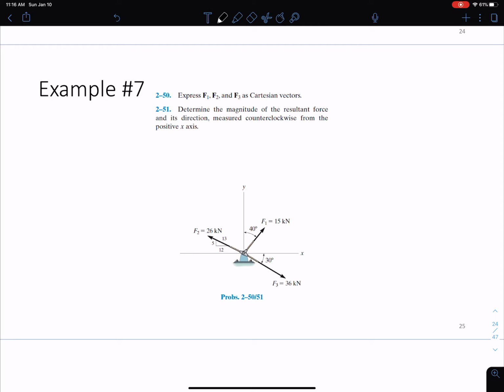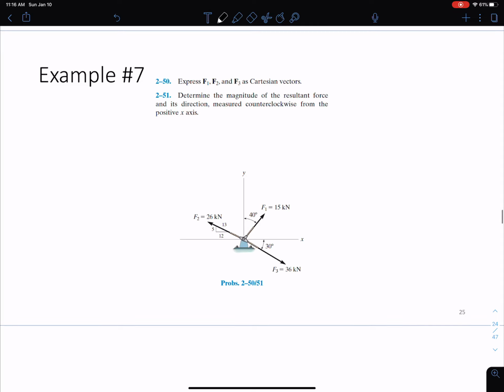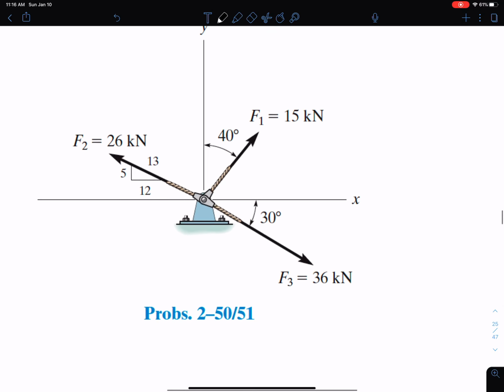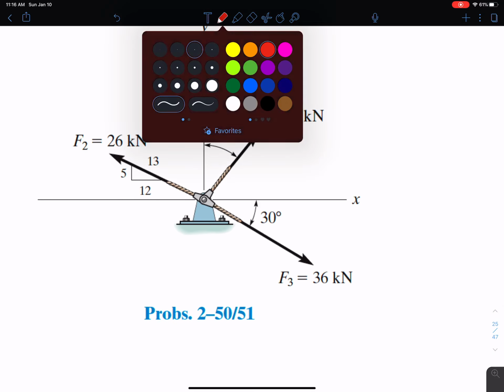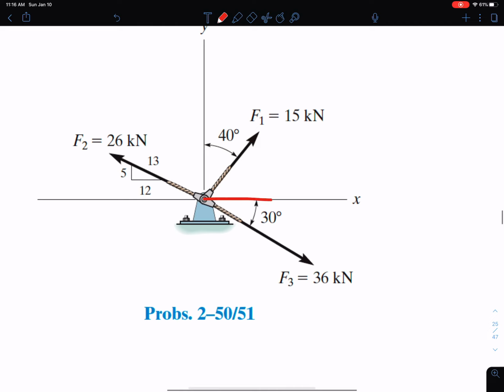Okay, so the first part is here, 2-50. We just want to express F1, F2, and F3 as Cartesian vectors. So again, I'm going to start by putting all of these into components. So let's choose some colors. We'll do red here for F1,